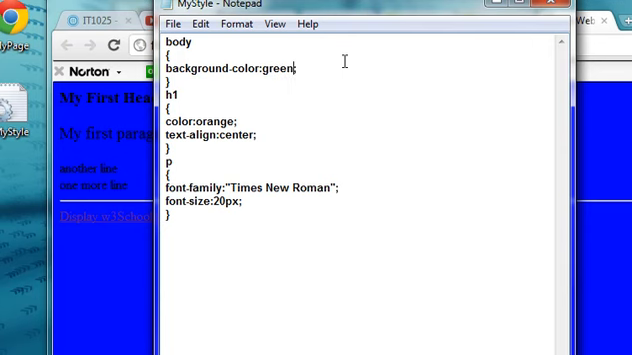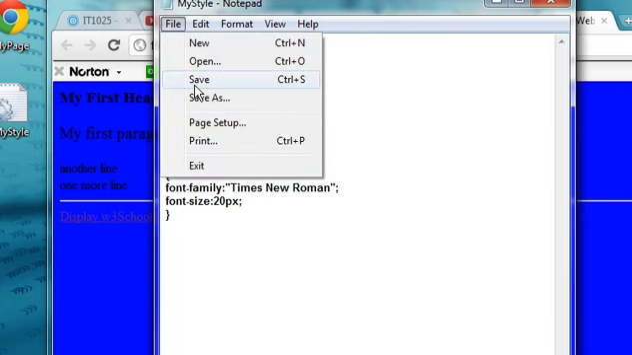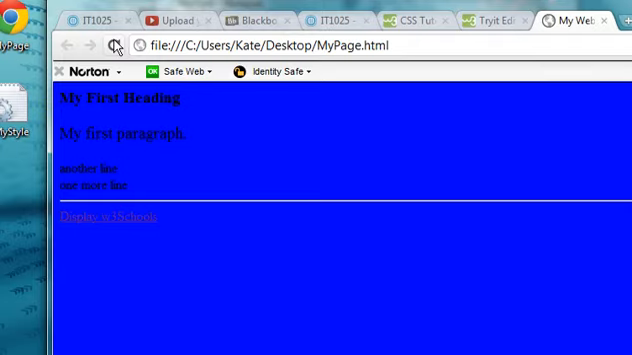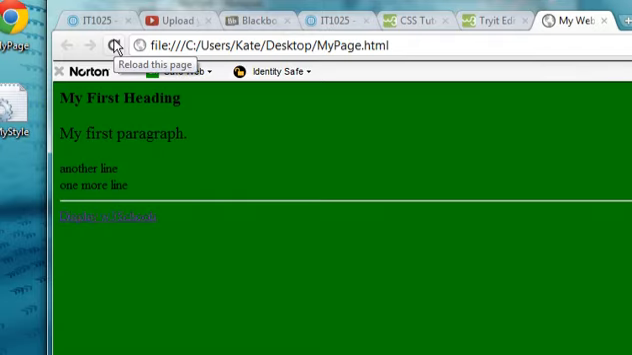So if I change it to green in my style sheet, save it, and then go back to the web page and refresh it, now we see it green. So our style sheet is working. It's hooked up successfully to our web page. Another reason we don't see much going on here,